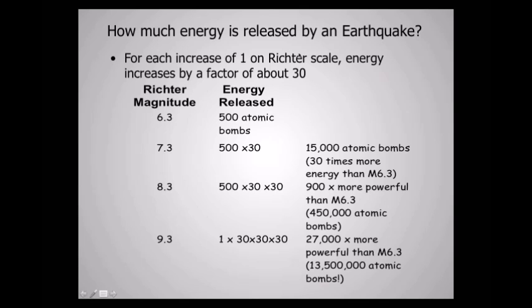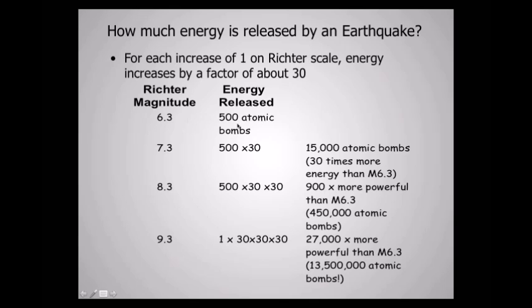And so how do we compare the amount of energy released by earthquakes of different magnitudes? Well, since it's a logarithmic magnitude scale, for every decrease or increase in magnitude, the amount of energy released is multiplied, but this time not by 10, but by 30 times. So for example, if there's a magnitude 6.3 earthquake, and let's say the amount of energy